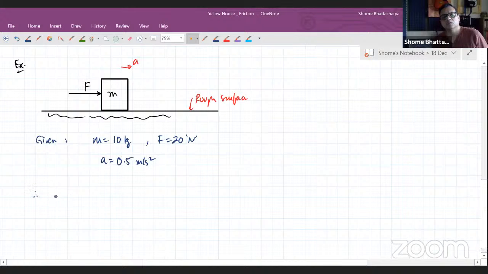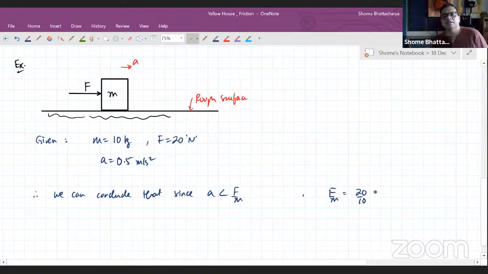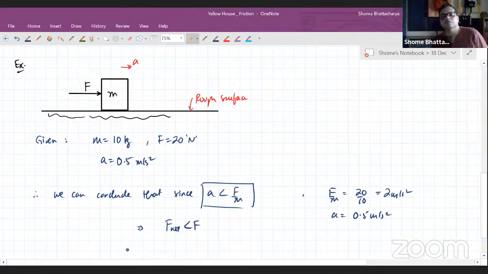So therefore, we can conclude that since the acceleration a is less than F by m, you can see that F by m is 20 divided by 10 or 2 meters per second square. Okay, and the acceleration is only 0.5 meters per second square. So since this is happening, therefore we can see that the net force acting on the block is less than F. Okay, so that tells us that that means friction acts on the block